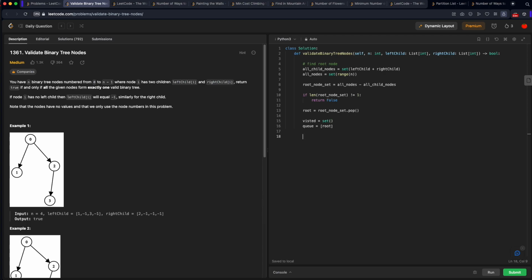All right. And now while we still have nodes we need to visit, so while our queue, we'll grab a node out of the queue. So the node will just equal queue.pop. I'm going to pop it index 0, but you can pop it index -1. It doesn't really matter. All right. Now, if this node is in our visited set already, well, then we've seen this node, which means that it has two parent nodes, and that's a problem. So we'll return false. So if node is in our visited,